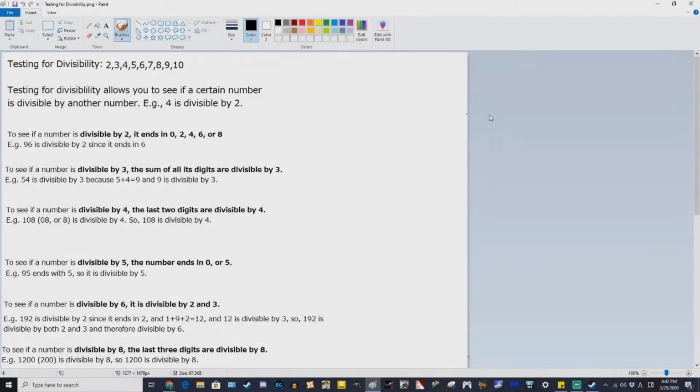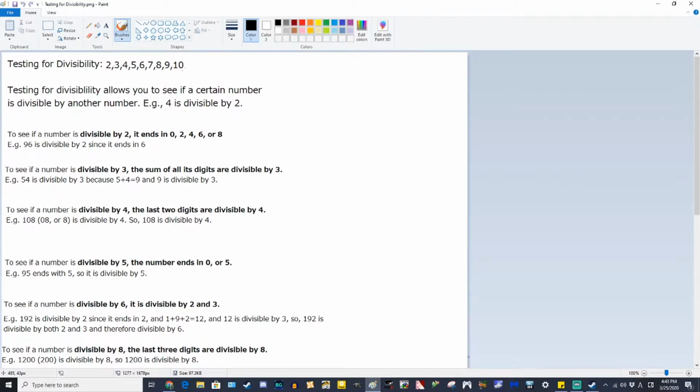Alright, so this lesson is going to be about testing for divisibility. You're going to learn how to test for divisibility for the following numbers: 2, 3, 4, 5, 6, 7, 8, 9, and 10. Testing for divisibility allows you to see if a certain number is divisible by another number. For example, 4 is divisible by 2. So if you do these tests, you'll find out if a number is evenly divisible by any of these